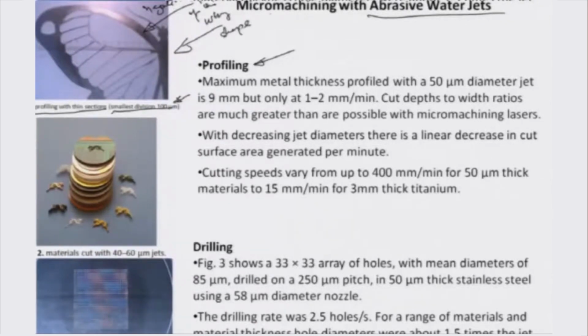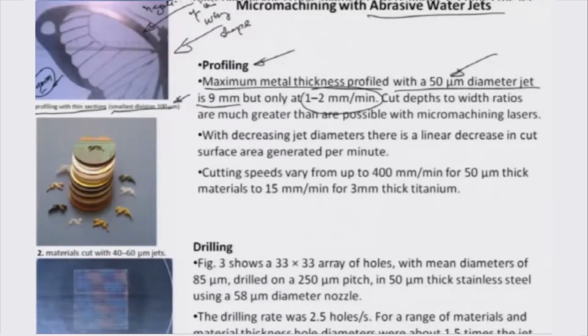So, here the maximum metal thickness profiled with a 50 micrometer diameter jet is about 9 mm. So, it is quite thick actually. This sheet is about 9 mm in thickness, and the typical cutting rates in this particular case are about 1 to 2 millimeters per minute. Okay. And you are using this with a 50 micrometer jet diameter,